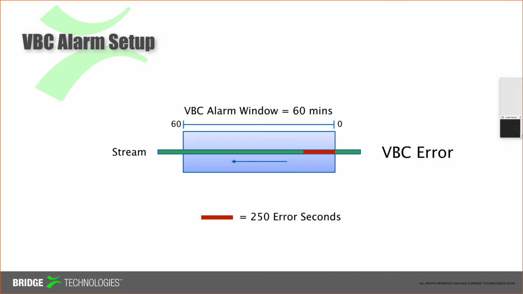It's only reported them after we've had 250 error seconds. And if those were continuous, what's 250 error seconds? A few minutes. So it won't appear on the VBC for a couple of minutes, a few minutes in fact. So that's something that you need to bear in mind. Errors will happen on probes and you may not see them on the VBC for some while, at least a couple of minutes. So that's one of the calculations,